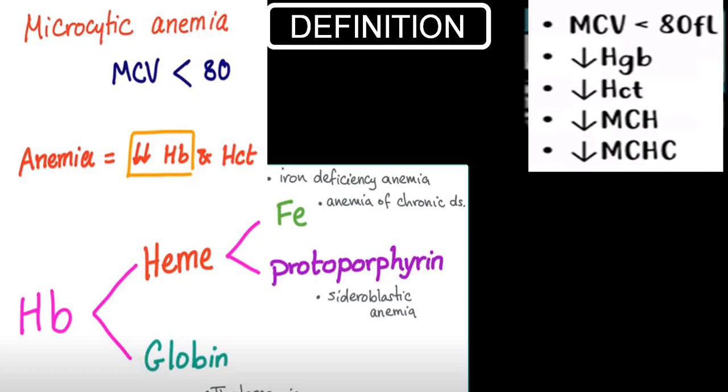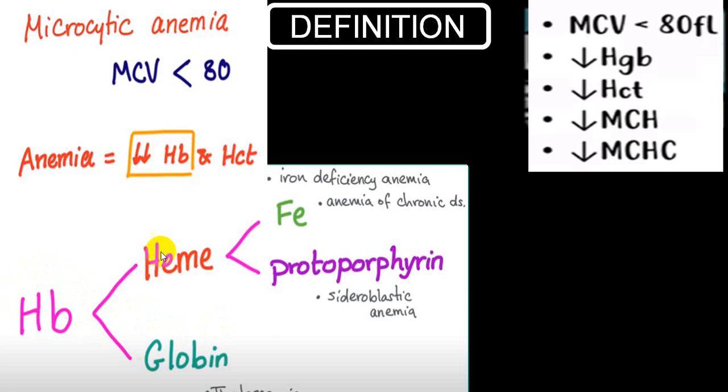So by definition, a microcytic hypochromic anemia means MCV is less than 80 femtoliters, hemoglobin is low, hematocrit is low, and hemoglobin in RBC, which you can make out when you get the CBC report, MCH is low, MCHC is also low. When you get all these findings together, we label that as a microcytic hypochromic anemia. And this is one simple way to find out some of the groups,